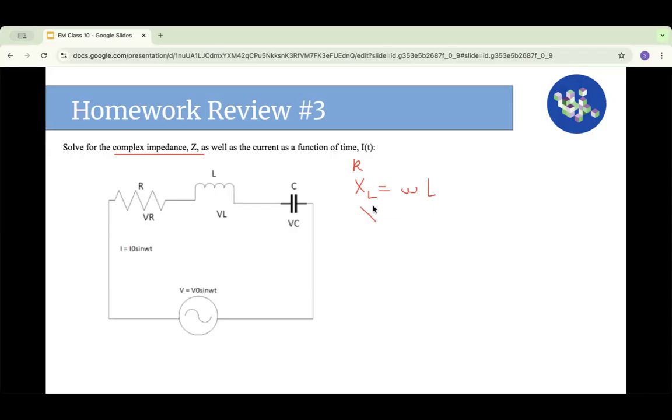Oh, sorry, this is complex impedance, so there's an i. And then we just add all these up, and you get your complex impedance,